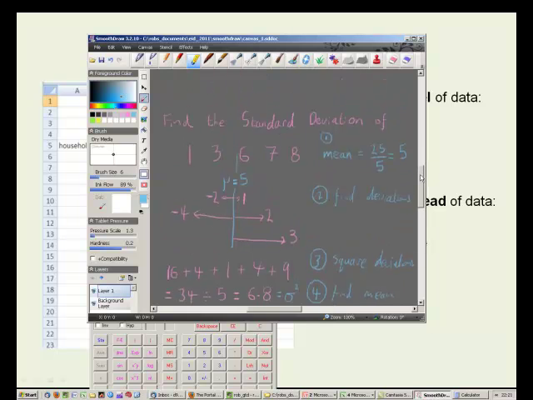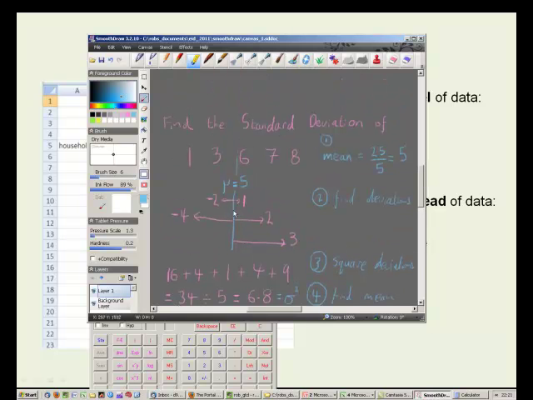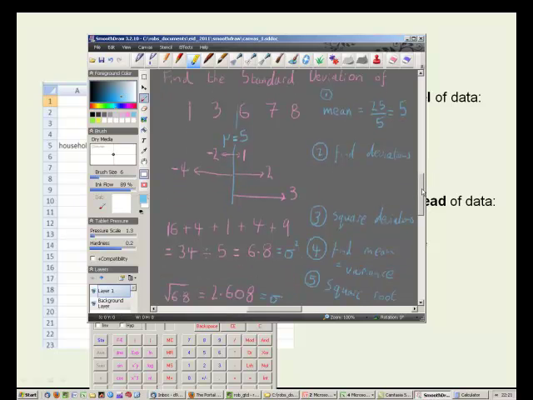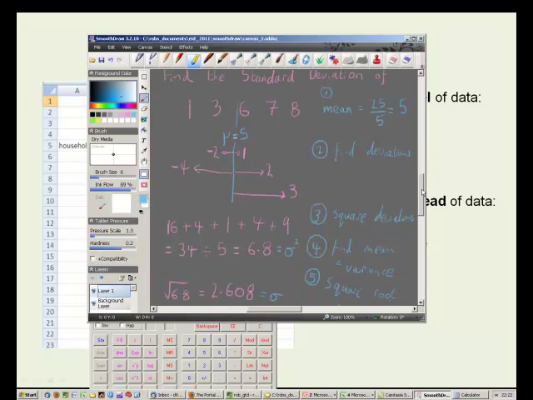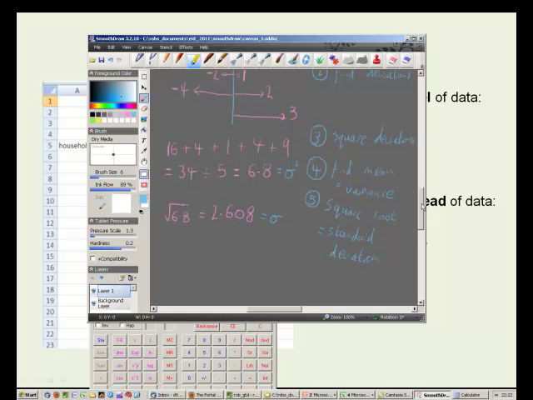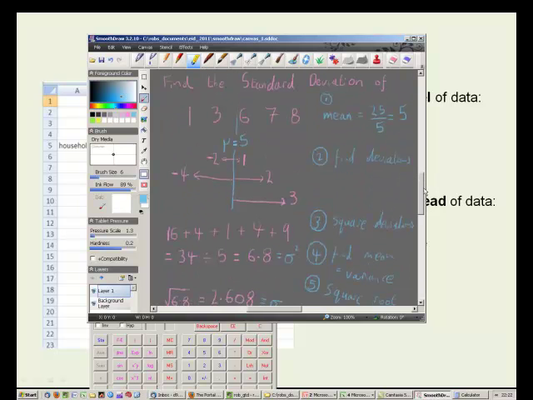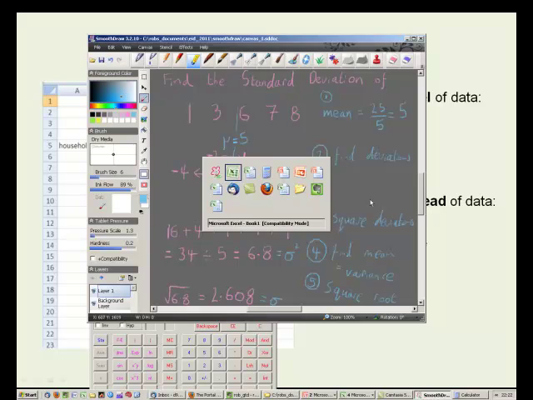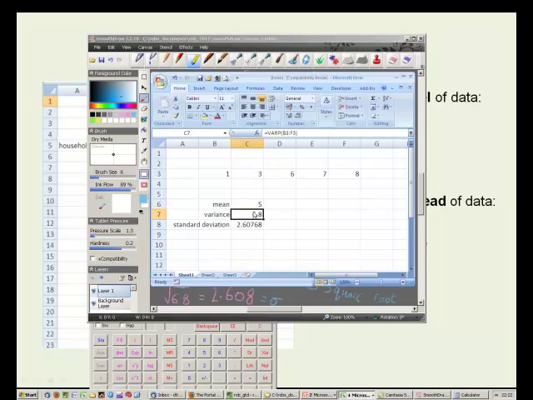bear in mind that what that's really giving you is a measure of how spread out these numbers are from their own mean. And it's done that by looking at the deviations, squaring them, and work out the average squared deviation. So the variance is the mean squared deviation from the mean, and the standard deviation is the square root of the mean squared deviation from the mean. But having seen that, in your whole future career in using stats, you can just concentrate on plugging numbers into